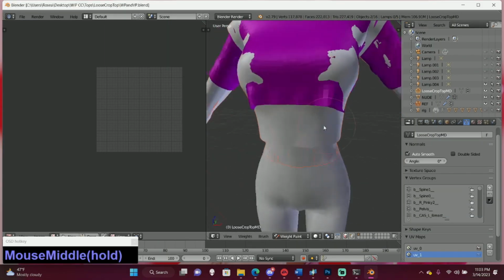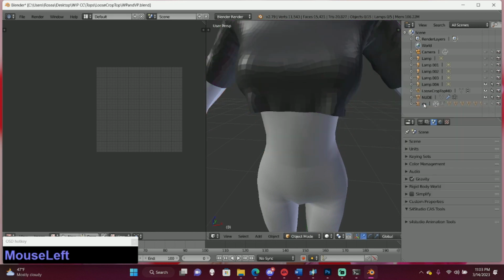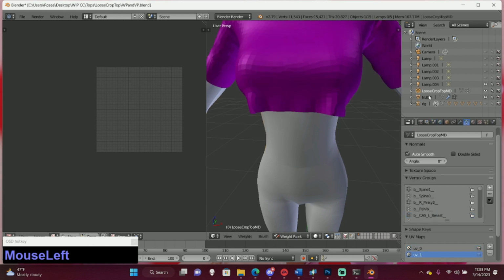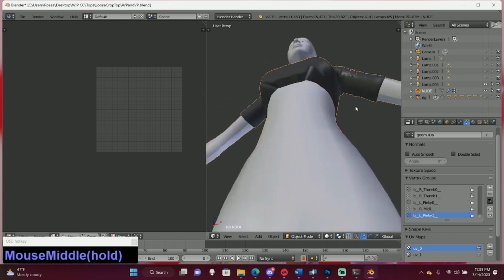So it might look a little crazy right now, but don't worry. So we're going to delete our reference. Then we're going to click on our shirt, hold shift, click nude, click the 3D space, and press Ctrl J. Now it looks normal.